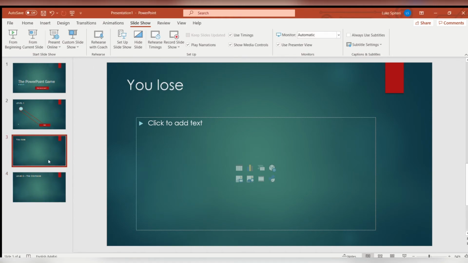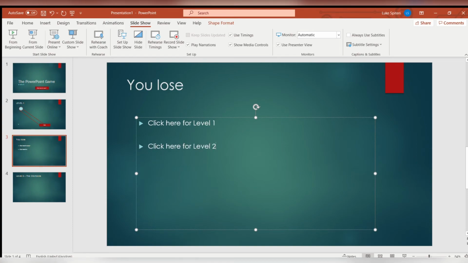But you have to do one final thing. You have to repeat these things. I'm just giving you a sample. It is very easy because you have learned how to do these, so you know what I'm talking about. You have to make these sort of labels. Click here for level 1, click here for level 2, and for however many levels you have. For example, let's do level 3. Our level 3 one is not going to work because we don't have a level 3. So you're going to have to make these because